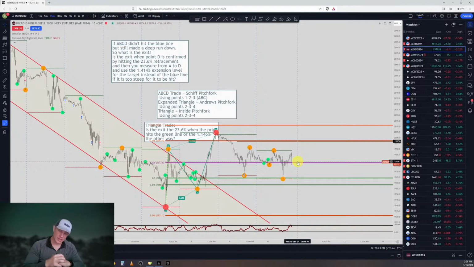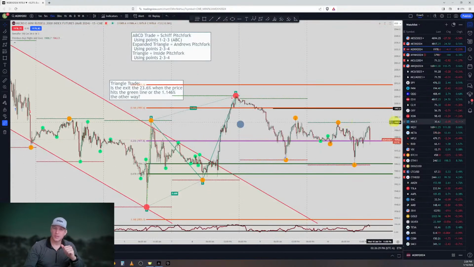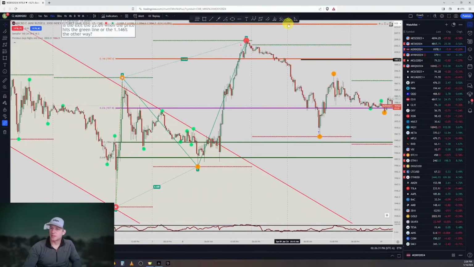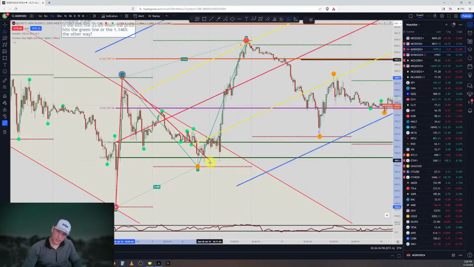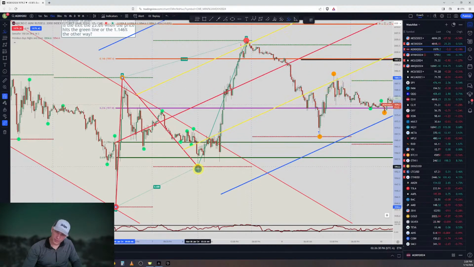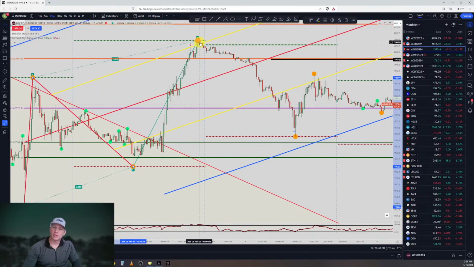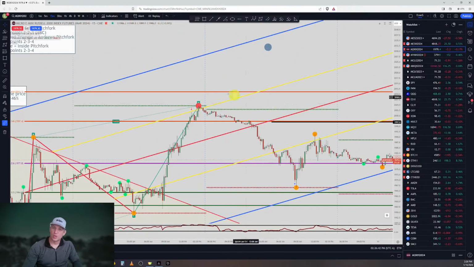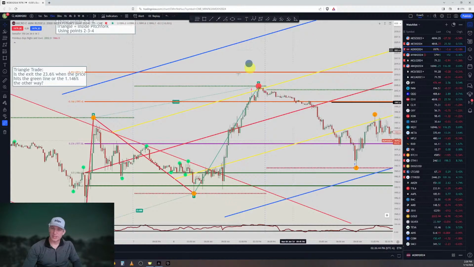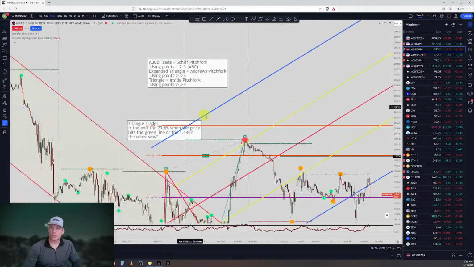But right now this is looking like it's going to be a consolidation one for the Russell 2000 that we're in right now. So anyways, what we have is the ABCD trade, and what we're looking at right here, you put the shift pitchfork on it, price closed above the yellow line right there. So then the target would have been either this blue line, but it is kind of steep right there. So one thing I do is, because a lot of times you'll get a good move here